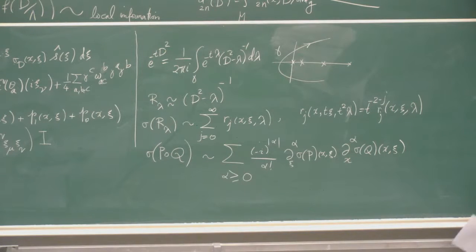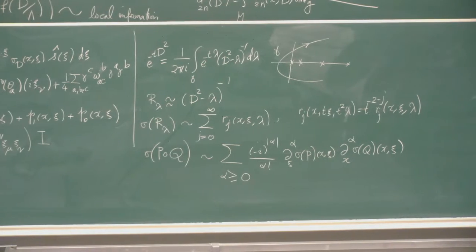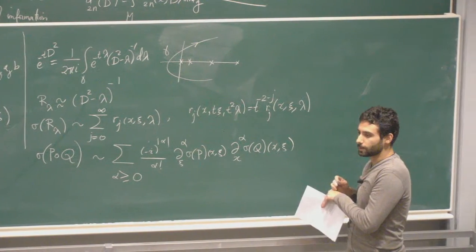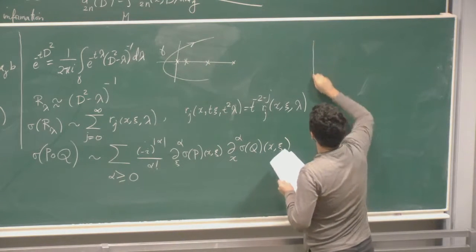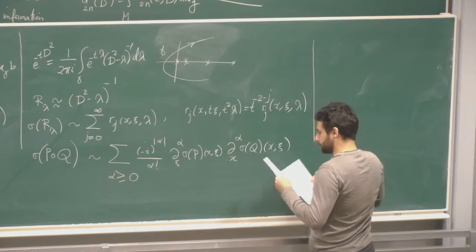So it's great that there is a very nice formula for the expansion of the symbol of the composition of two pseudo-differential operators. And this is something that one can work with. So using this calculus, then one can start finding these RJs. And at the end, one finds that